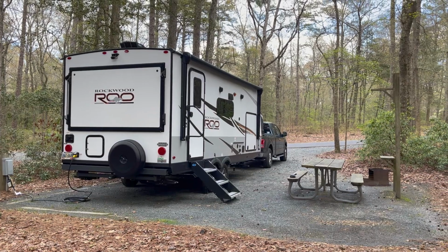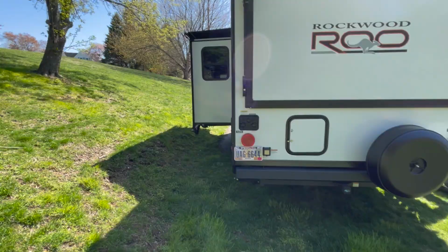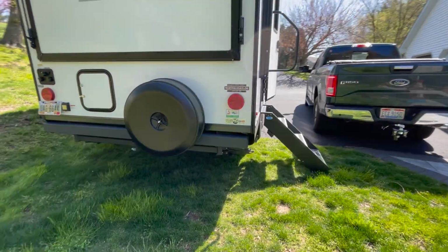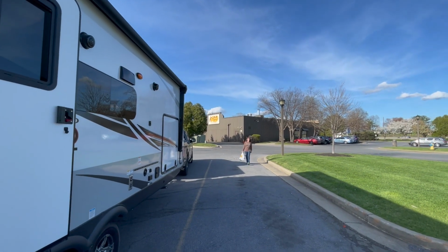We got to experience a couple RV parks. We experienced a state RV park, mooch docking, and boondocking all on the same trip, so we kind of got everything ironed out. We haven't taken it on any little short weekends or anything like that. We're on the philosophy that if we're going to take this thing out, we're going to go big